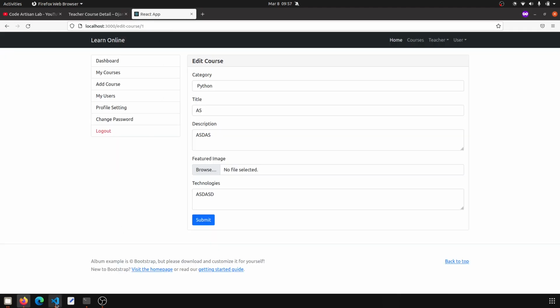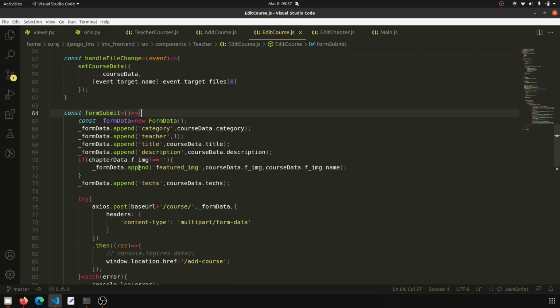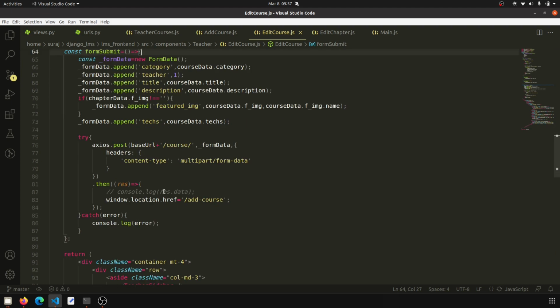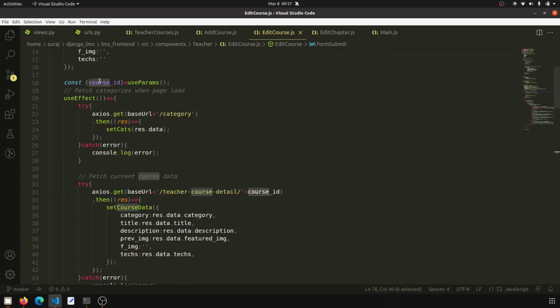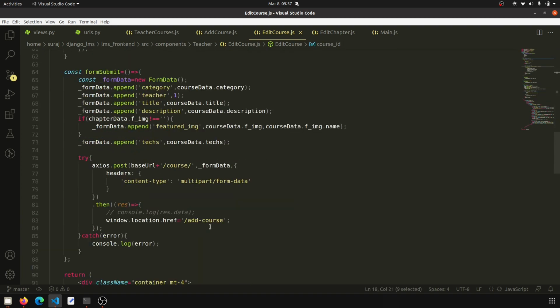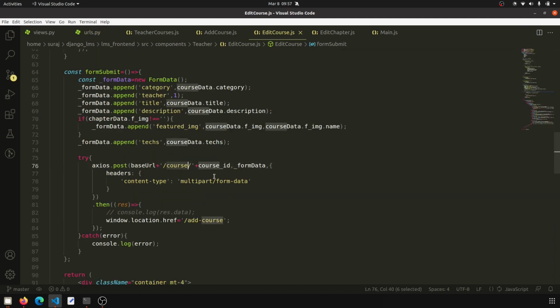Okay, so let's implement this. Here you can see that in the form submit we have category, teacher, title, image, text. Okay, and we can submit this data. So how can we submit this? We just need to change this URL with this course ID, right? So here we have a course ID, and we will plus here the course ID, and of course the URL will be the teacher course detail, right? So teacher course detail, and the location will be,